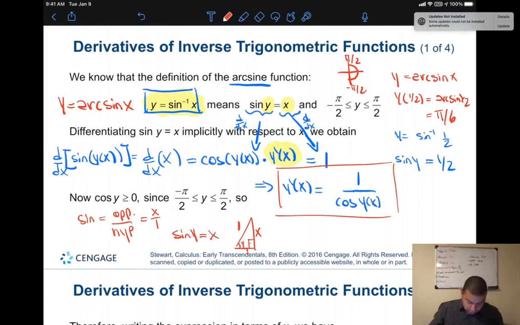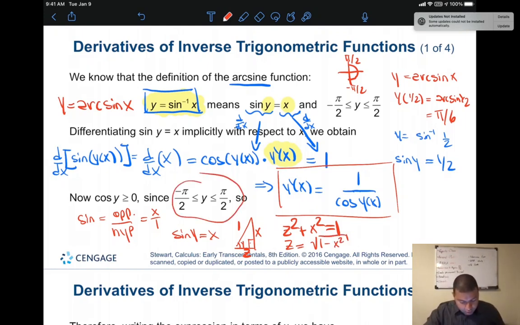So I can call it some letter, I don't know, z. So z squared, by the Pythagorean theorem, plus x squared equals 1, right? So z is the square root of 1 minus x squared, right? The cosine is positive because x is in that quadrant there. So that way, the cosine of y,